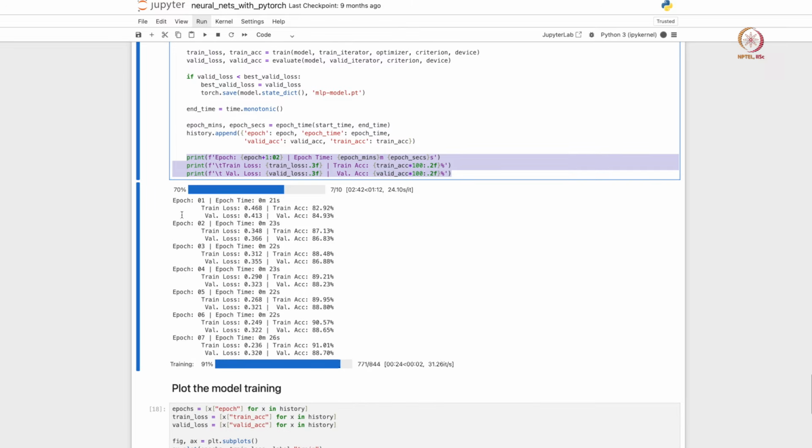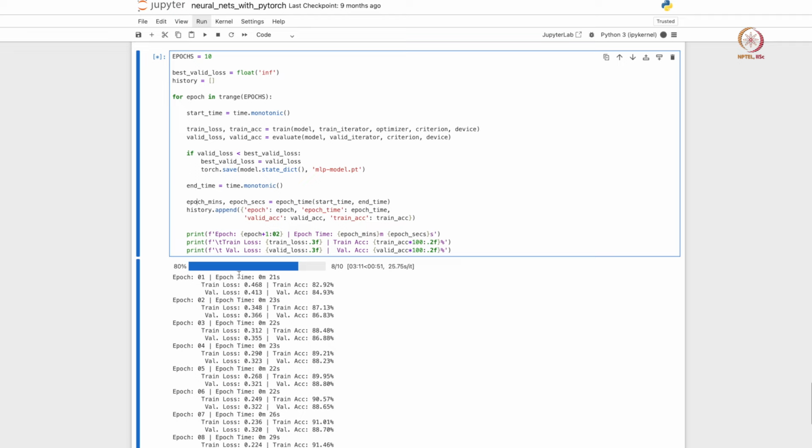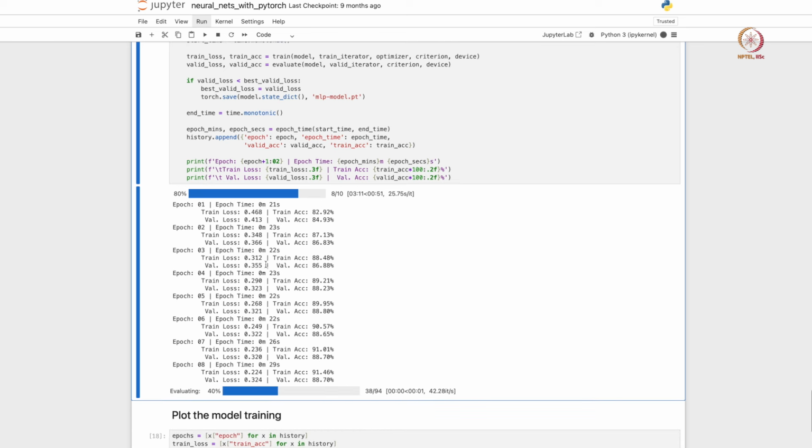So if you look at one of the outputs, this is saying epoch 1, it took about 21 seconds for the epoch to be evaluated, training loss is 0.46, accuracy is about 82%, validation accuracy is slightly higher, 84, validation loss is slightly lower, 0.413. We should expect both the training and the validation losses to go down with the number of epochs. 10 epochs is not a lot, so I do not expect the model to hit its lowest possible validation loss within 10 epochs.